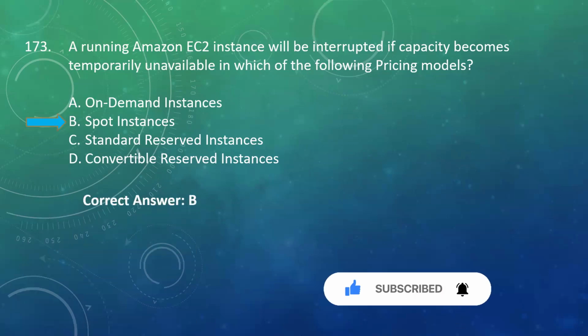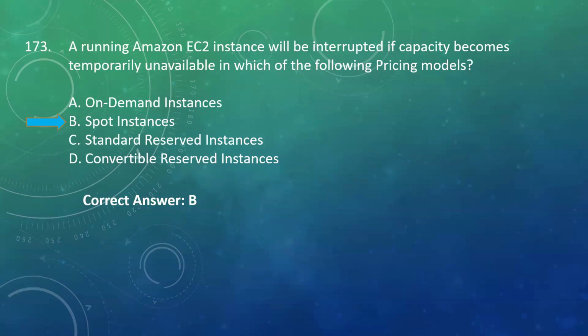In the spot instance pricing model, you can bid for unused EC2 instance capacity in the AWS cloud. The price of a spot instance fluctuates based on supply and demand for instance capacity. If your bid price exceeds the current spot price, your instance will be launched and run as long as the spot price remains below your bid price. However, because spot instances are based on unused capacity, there might be situations where the capacity becomes temporarily unavailable due to increased demand from other users or the need for AWS to reclaim the capacity. In such cases, AWS may terminate spot instances with a 2-minute warning, allowing you to gracefully handle the interruption and